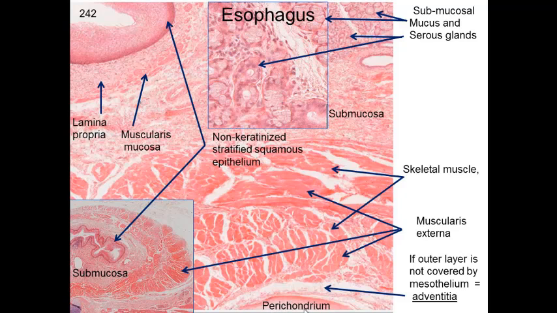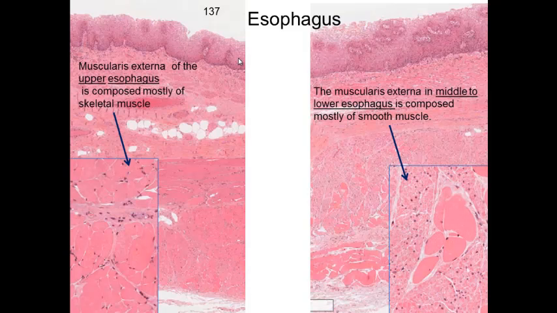And this is the perichondrium, or the cartilage that's in the trachea in this case. So the upper part starts out with the adventitia where it's attached. It doesn't have a serosa, which allows it to move. You can see some serous and mucous glands up through here. Now, in the upper part of the esophagus, it's mostly skeletal muscle where you can control it. You can initiate swallowing, you can initiate regurgitation,